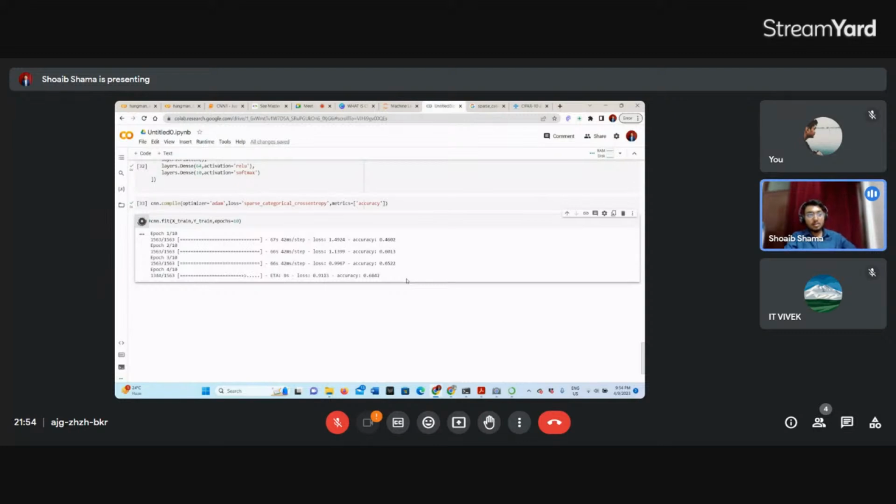It will take much time. You can see now in the fourth epoch only the accuracy has jumped to around 70%, and in the eighth and ninth it would be around 85 to 91.